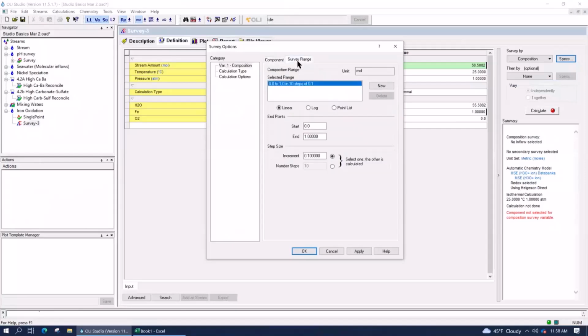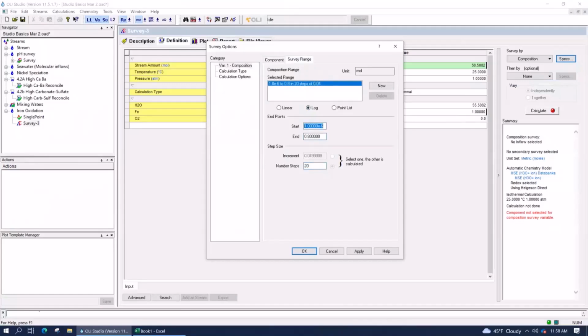Go to survey range. Let's change this to log scale. Now in log scale, the start has to be a positive value, can't be 0. So let's put in 1e to the minus 6, some small number. And let's end at 0.8. And let's go with 20 steps.